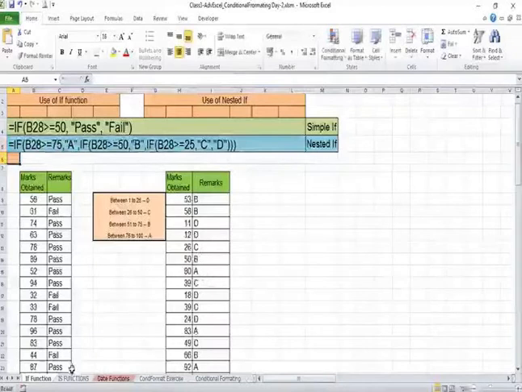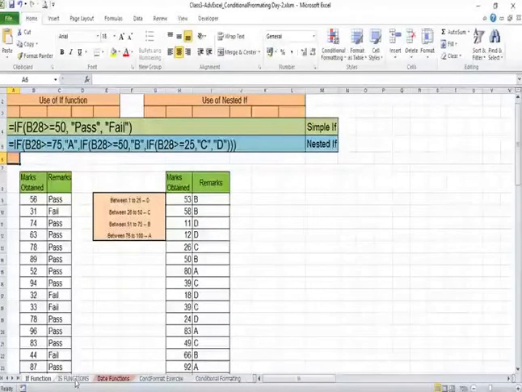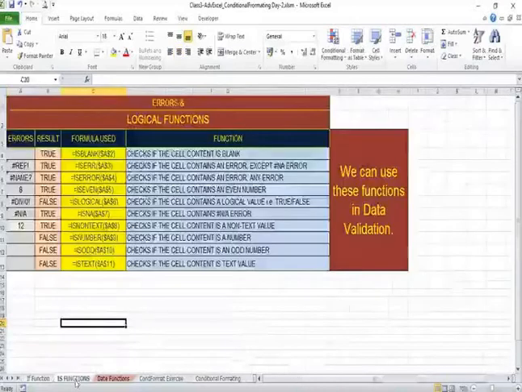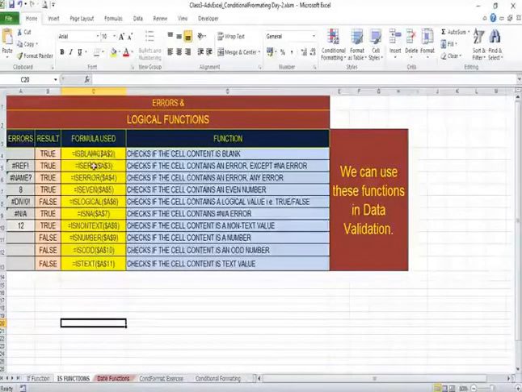Now let's proceed to IS functions. In the case of IS functions, the function starts with IS. Like ISBLANK is a function which checks if the cell value is blank.